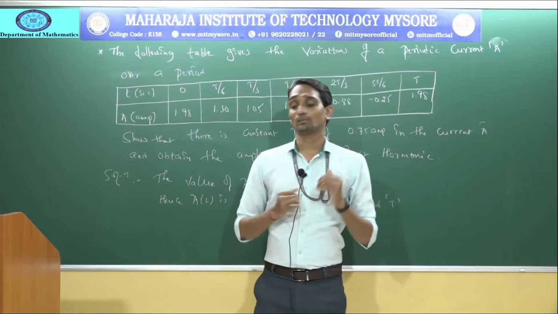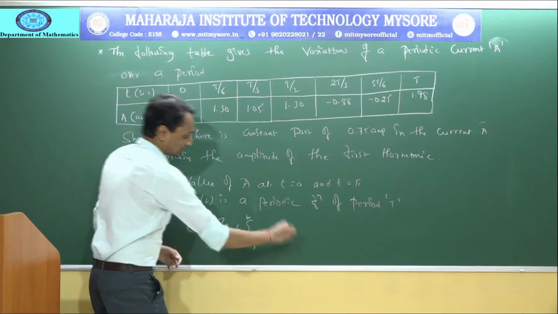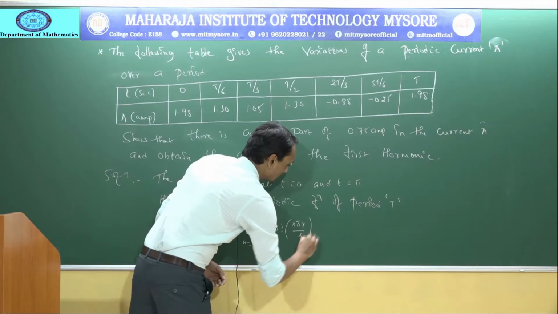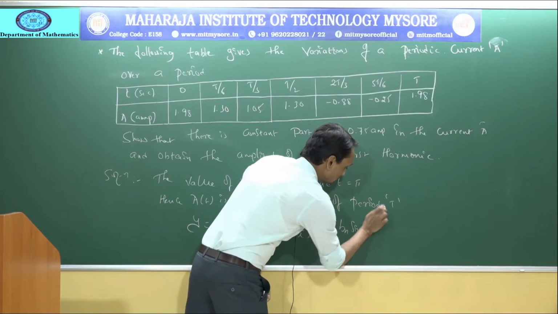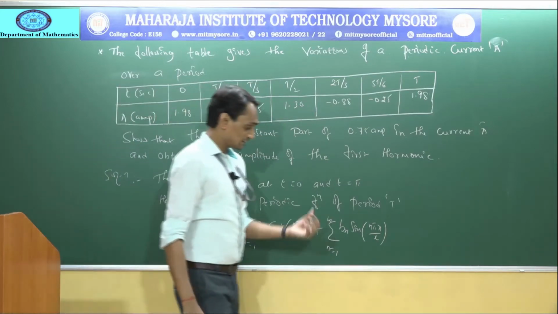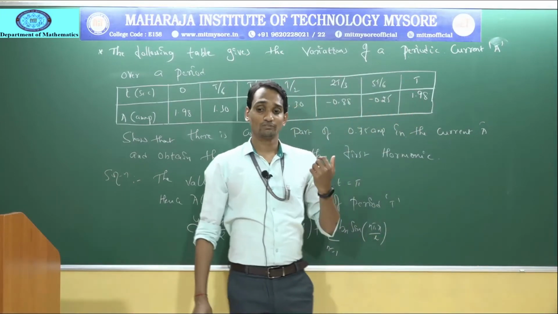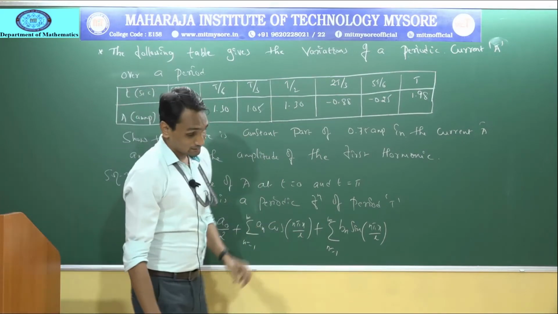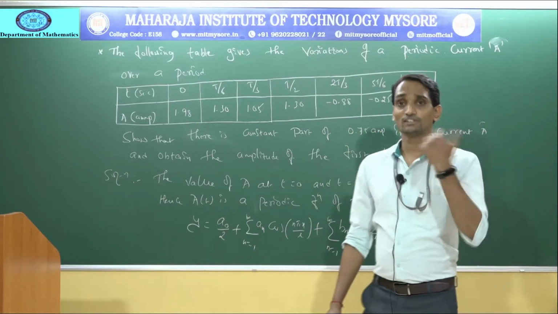First I will write the general formula. y equal to a0 by 2 plus summation from n equal to 1 to infinity an into cos n pi x by L plus summation from n equal to 1 to infinity bn into sin n pi x by L. Why did I take L here? Because the given question is in terms of an arbitrary function, not a periodic function. For a periodic function, as we studied in the first video lecture, it is a0 by 2 plus summation from n equal to 1 to infinity an cos nx plus bn sin nx. This is the general formula.